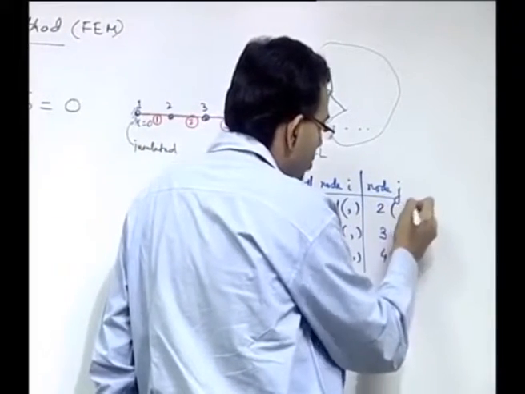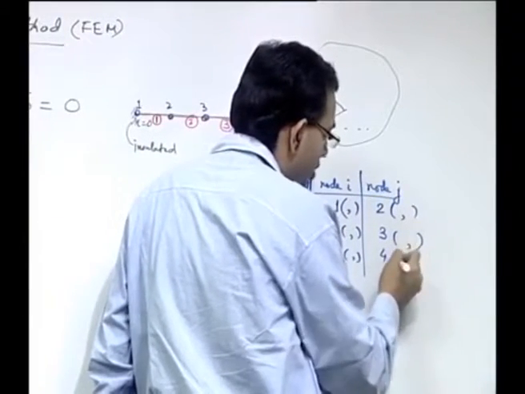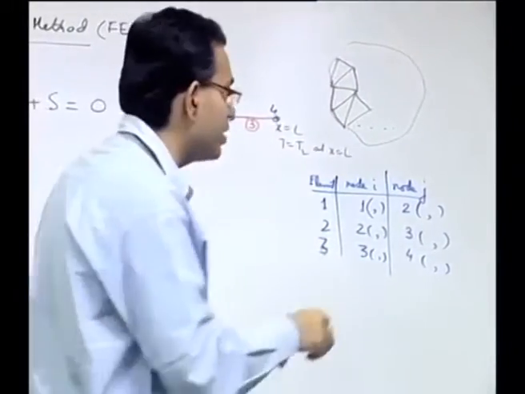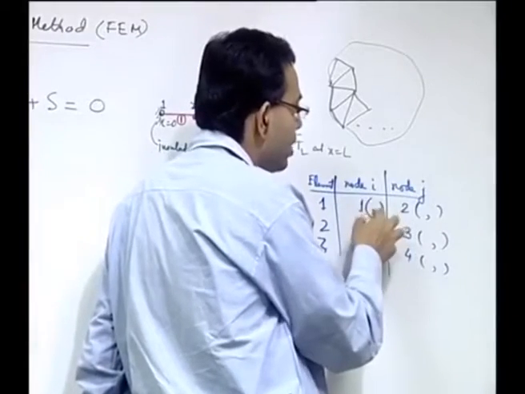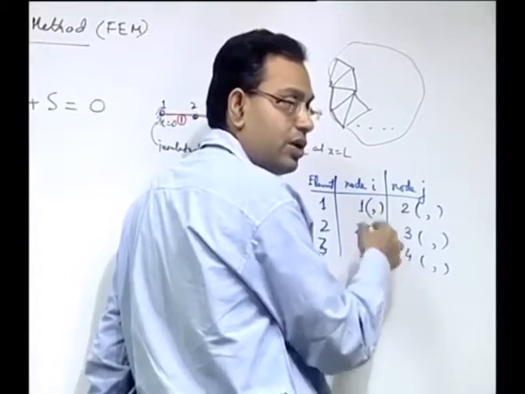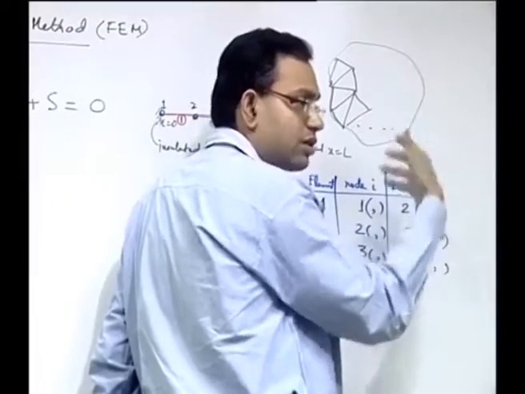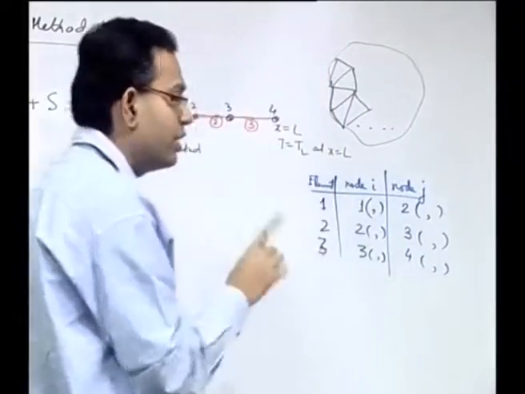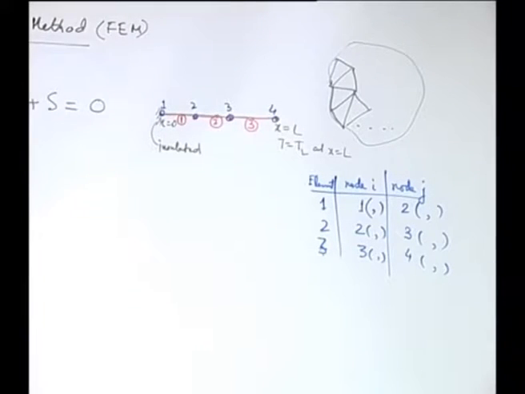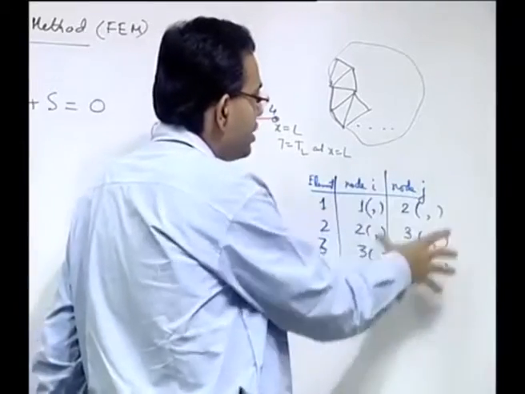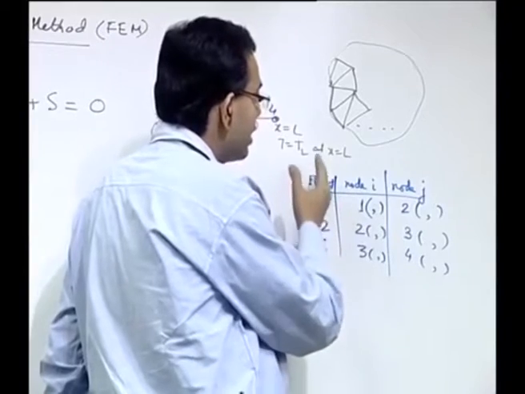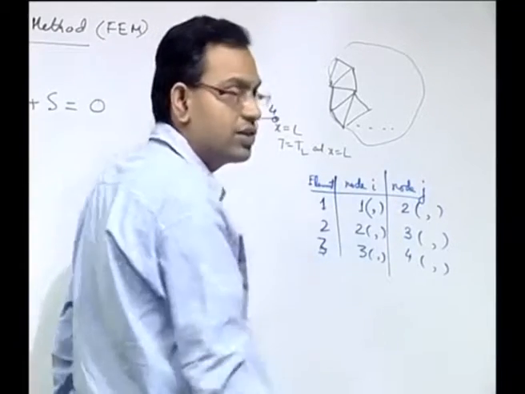It is a one dimensional problem. So, although I have given a comma, that is not necessary, you just require one x coordinate, but if it were a 2 dimensional problem, it could have been x comma y, that is why I have put a comma, or maybe a 3 dimensional problem, a third coordinate. But here this comma is not necessary, you just have only one coordinate specifying the location of the point. So, this is an important chart, like an element node chart, which relates the connectivity of each element with the corresponding nodes.